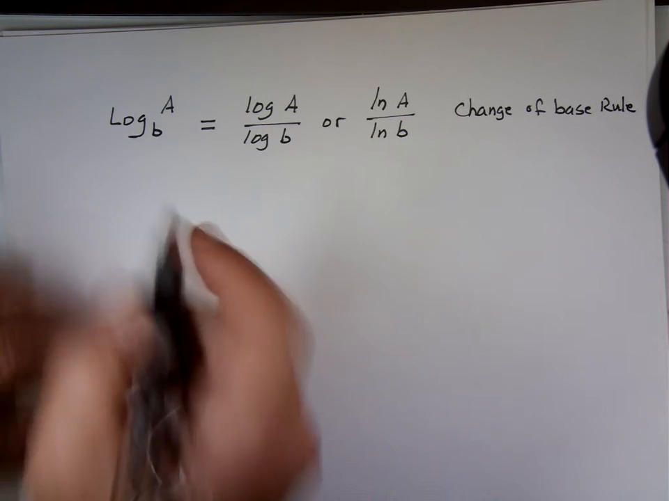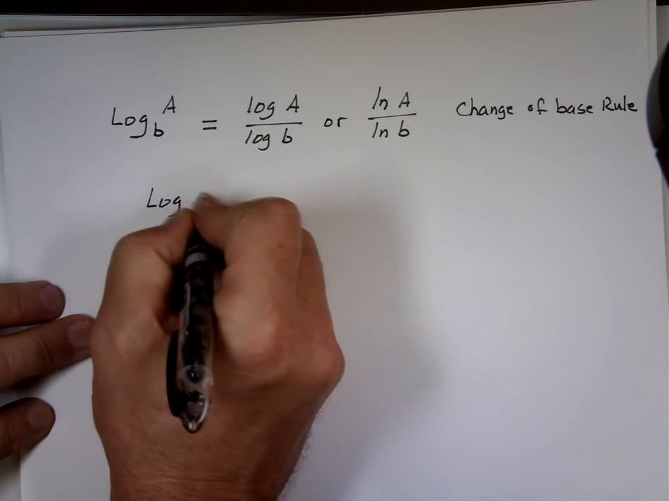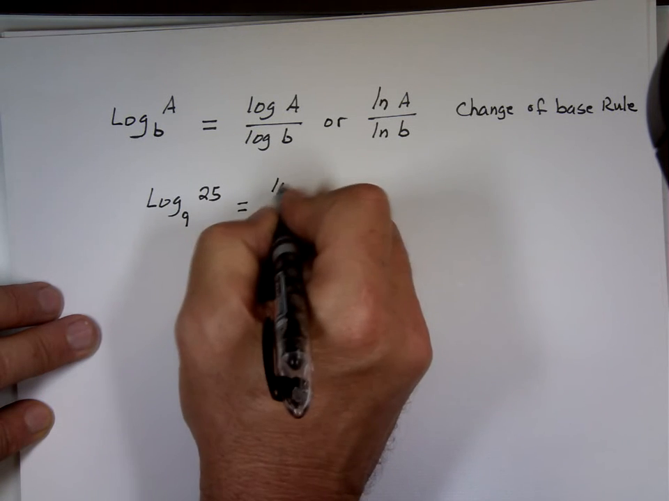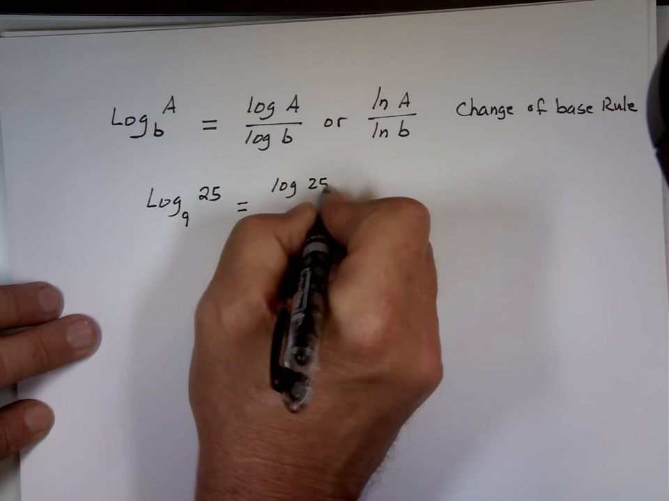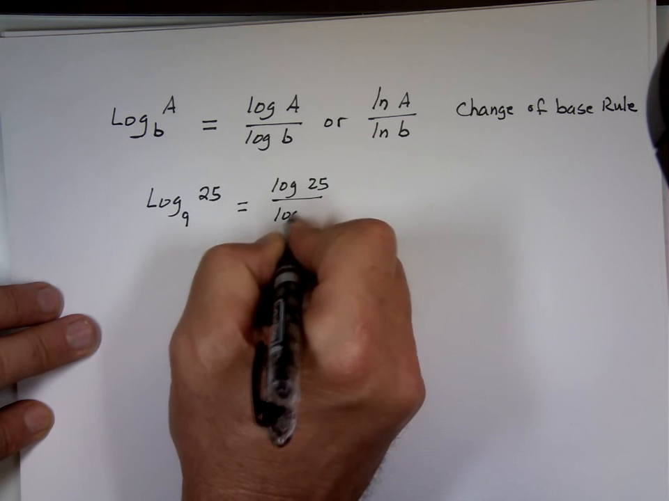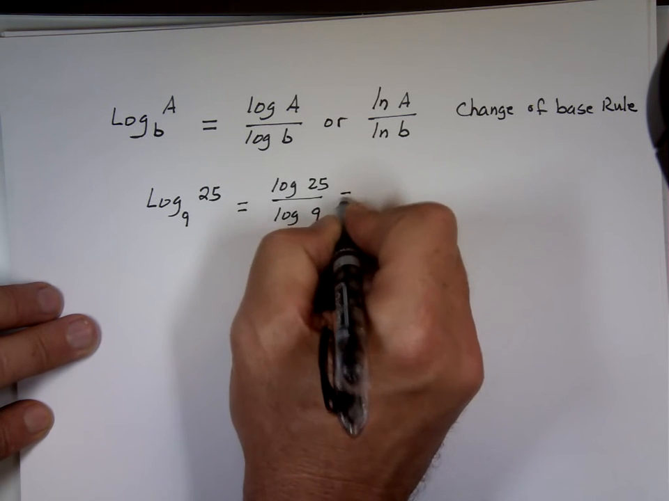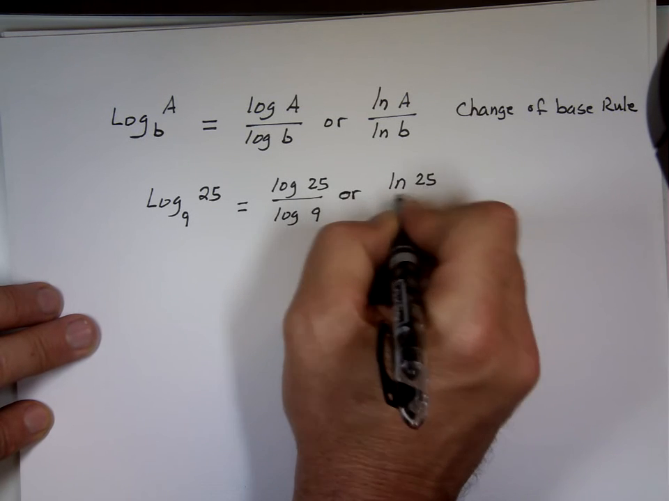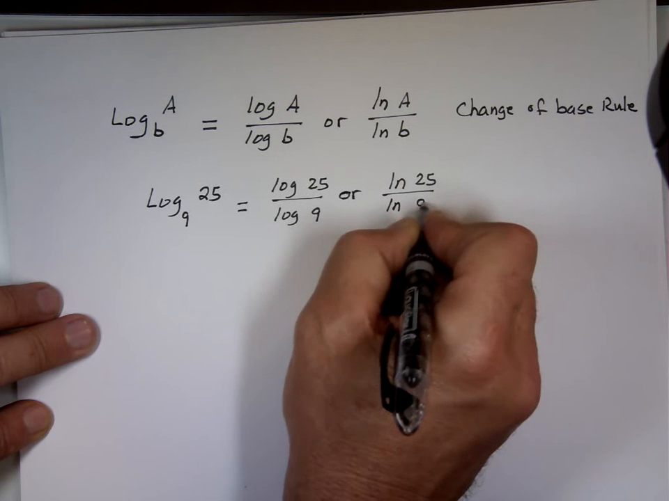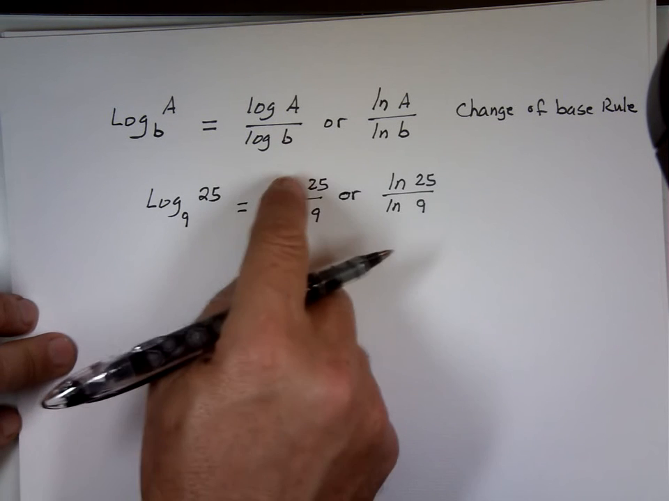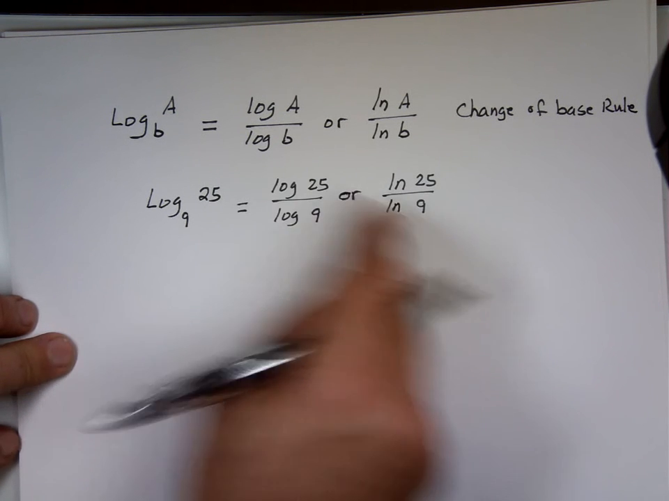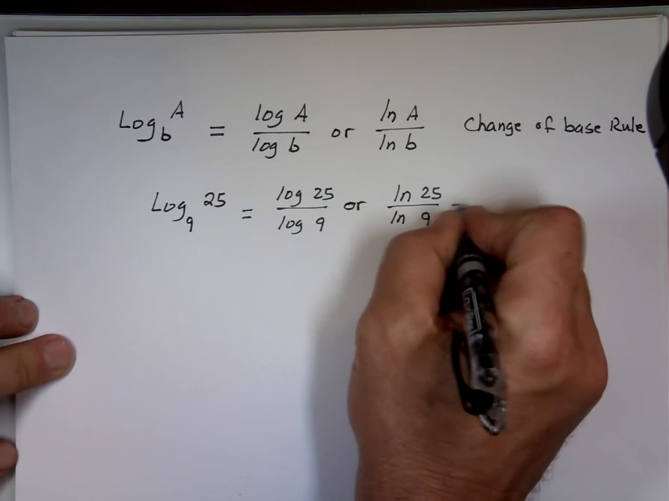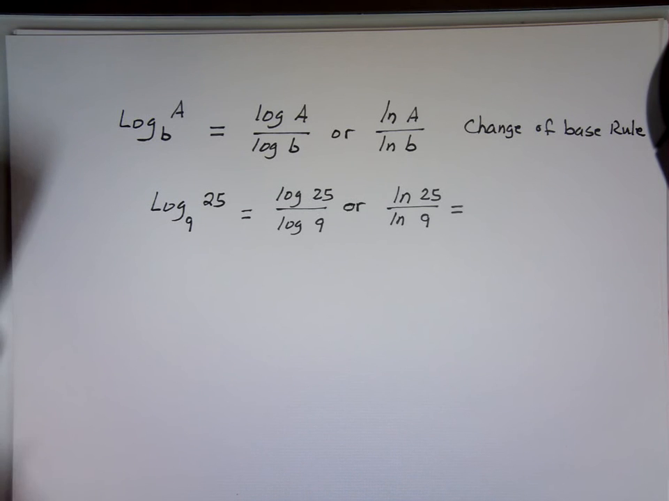So if we say, what is log 25 base 9? No big deal. That's the common log of 25 over the common log of 9, or the natural log of 25 over the natural log of 9. Just don't switch them. Meaning what? Don't use log here and natural log on the bottom. They have to be the same, either both common log or both natural log. And if you divide them on your calculator here,